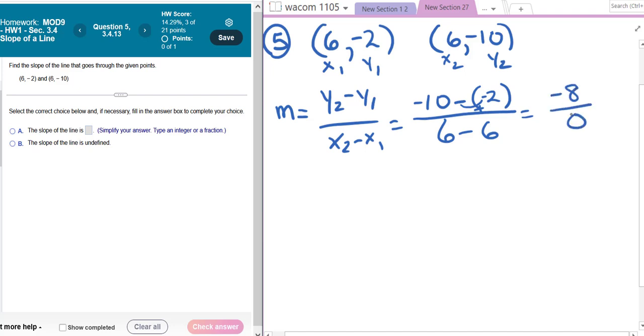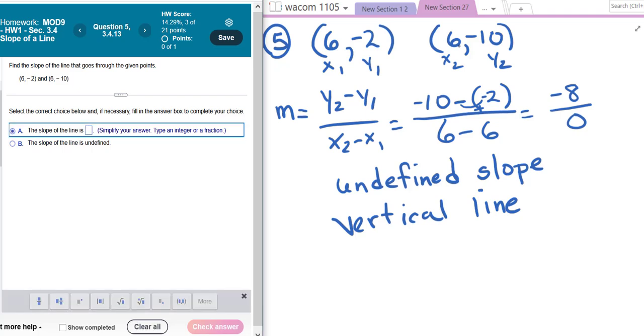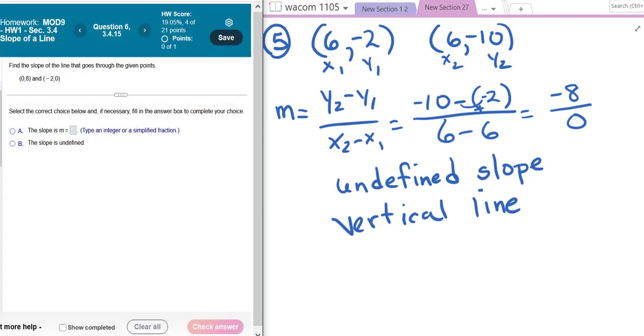But your denominator is 0. You're not allowed to have a 0 in a denominator, so this is an undefined slope. And you get that on a vertical line. And your clue that the x's were the same tells you that. So actually I need to pick this second choice. The slope is undefined. Right, and then I'm going to skip a few because these are similar questions, and I'm going to go to problem 8,